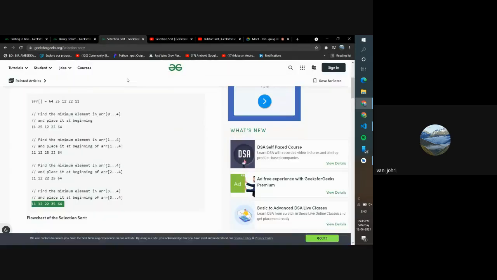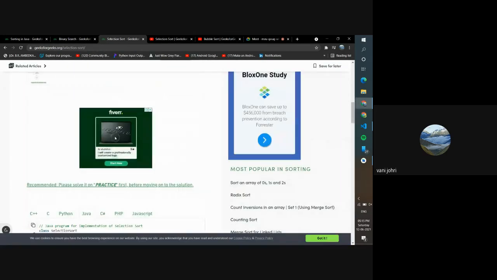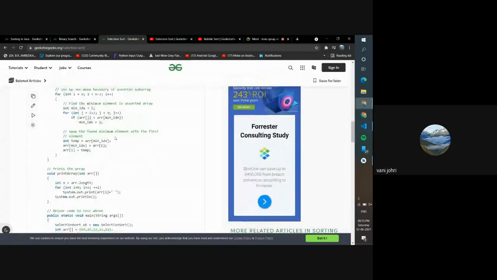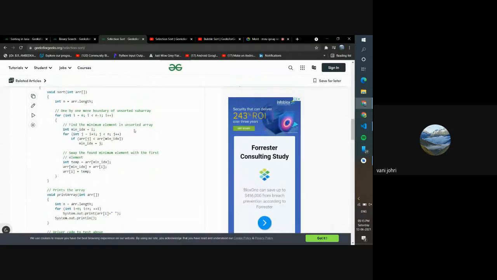Let's see the program we have over here. We would need a for loop first for sure to go through the complete array. So it goes from 0 to n minus 1. N is the length of the array, and minus 1 because elements start from 0. And then they did i plus plus.